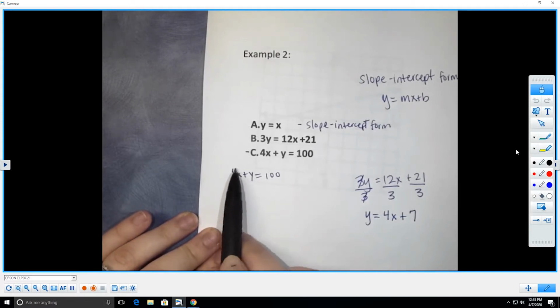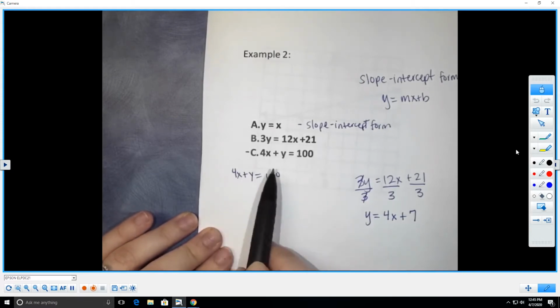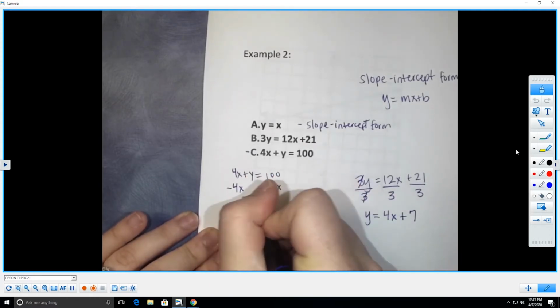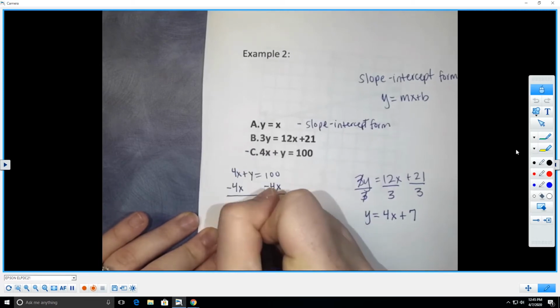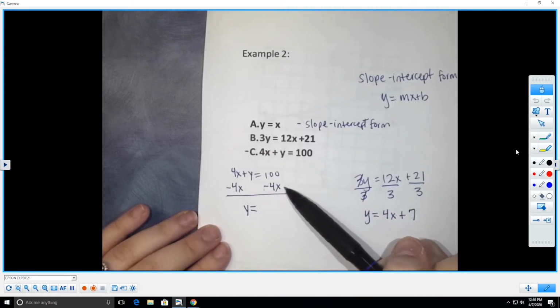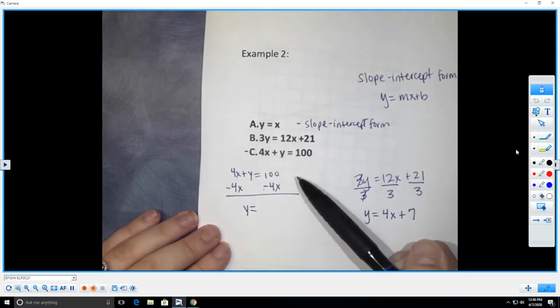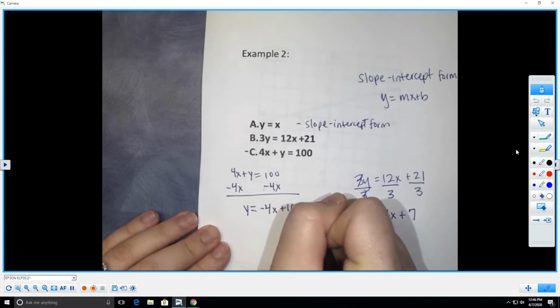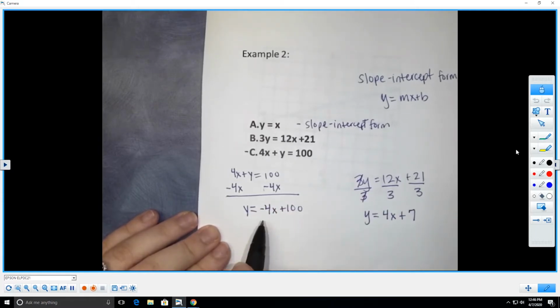So right now, this is a positive 4x. To move it to the other side, I'm going to subtract 4x. So I have y equals, now I cannot subtract 100 minus 4x. They are not the same terms. So I can write this as negative 4x plus 100 if you want to put it in y equals mx